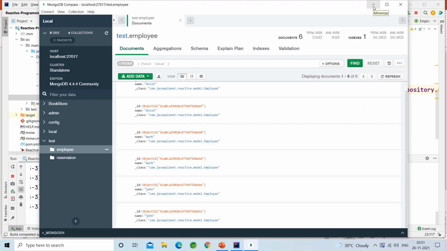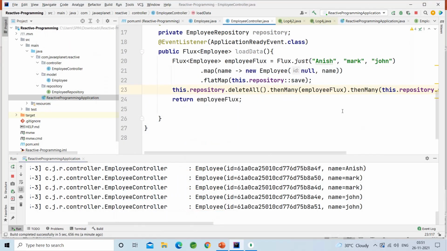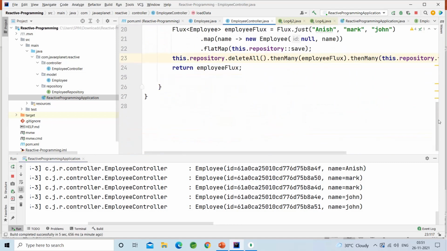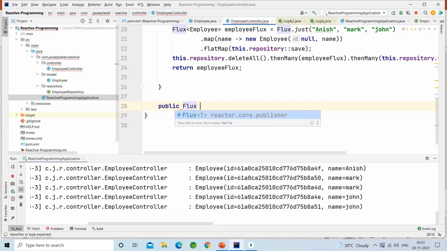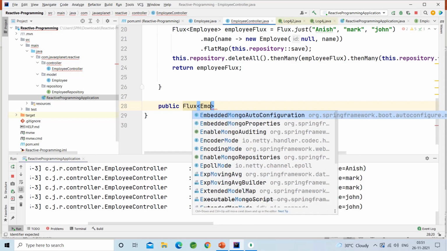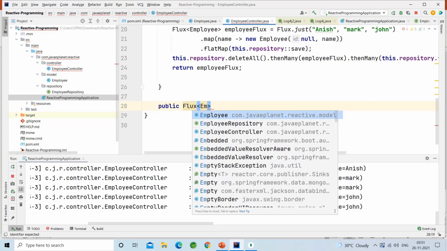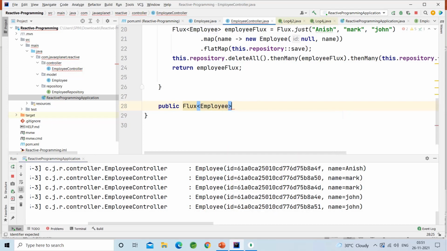After this, I will simply do some operations. Public Flux Employee getAllEmployees.